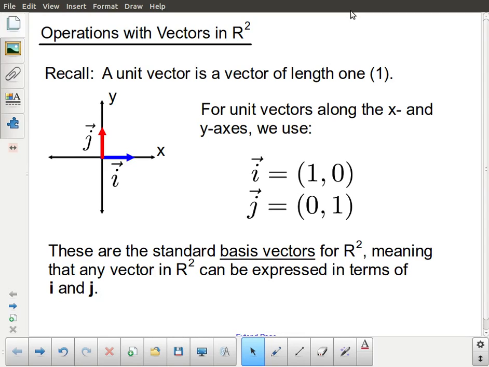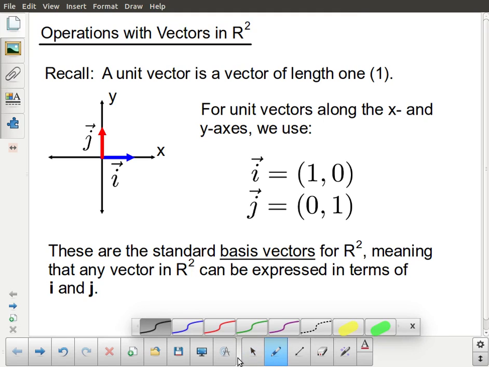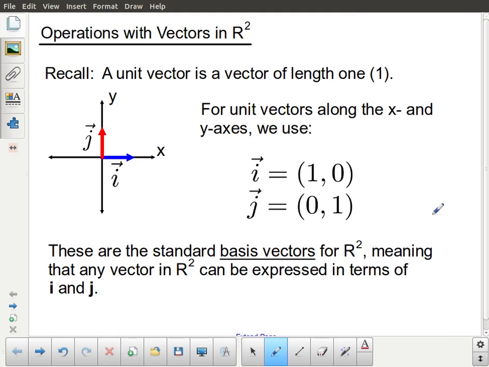For this lesson, we're going to be continuing to extend our study of vectors. We've recently looked at vectors in both R2 and R3. For this lesson, we're going to focus once again just on R2. And the main idea that I'm introducing here, I think most of what I do in this lesson will be fairly intuitive. There's one part that might be a little bit tricky, but the key part that I really want